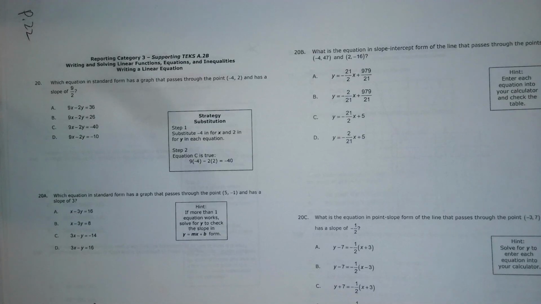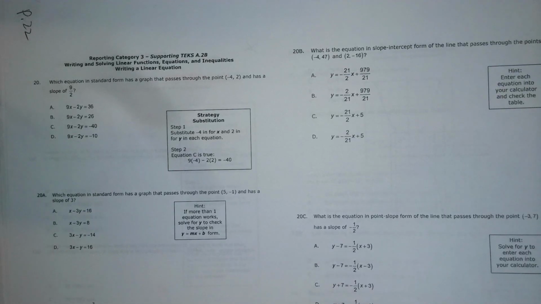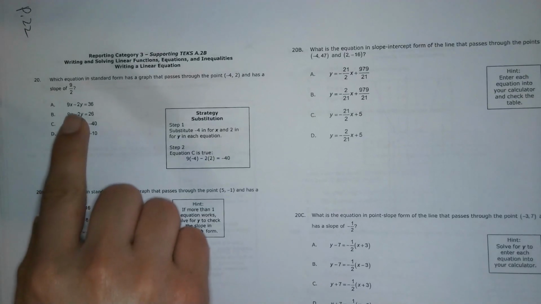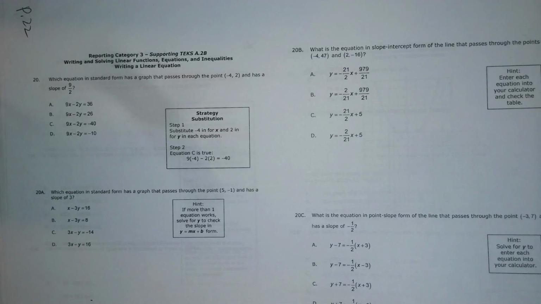Now, with standard form, there's a lot of strategies you can do. And some of y'all are more comfortable with the long way. And that's okay, because that's the way we've taught it to y'all, because you need to know how to write things in Desmos. So, as you can see, 9x minus 2y equals 36. You can't type that into the calculator. You're going to have to solve for y. What I'm going to do is,